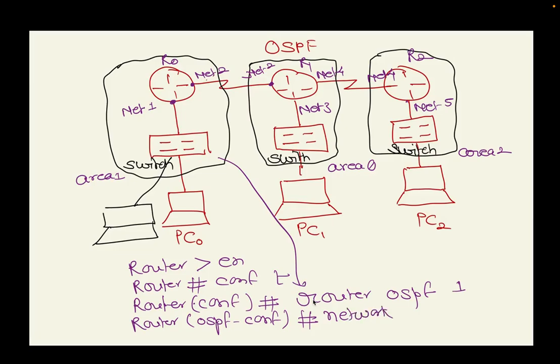You have to mention the network ID. So for example, whatever the network is there, you should mention the network ID, and after the network ID you should mention the wildcard. So what is a wildcard? Wildcard is just the inverse of